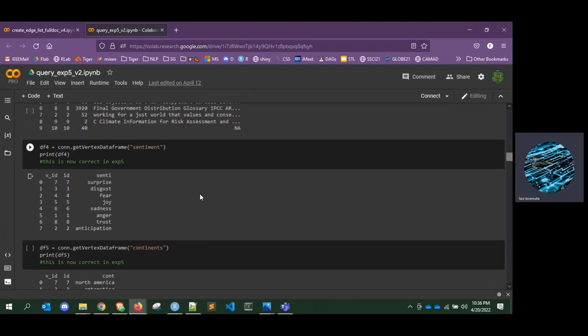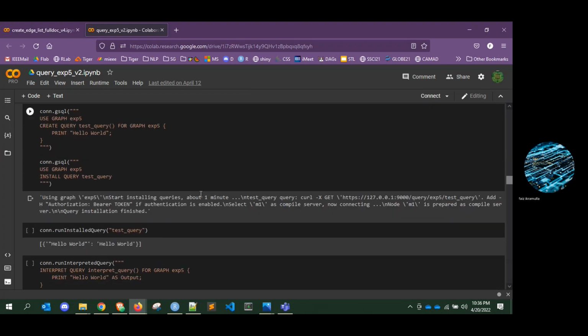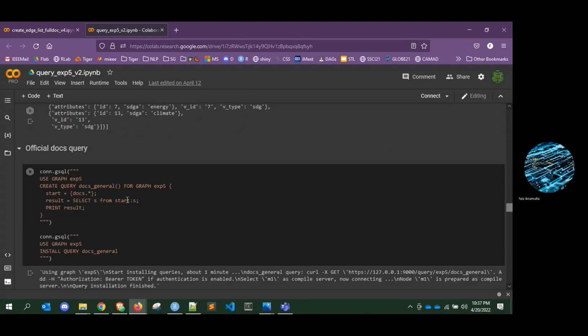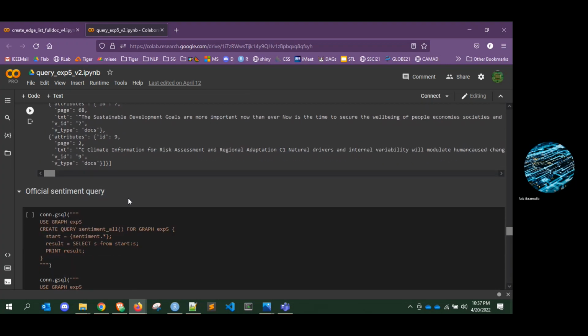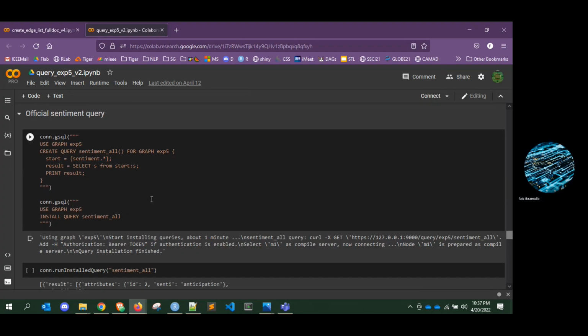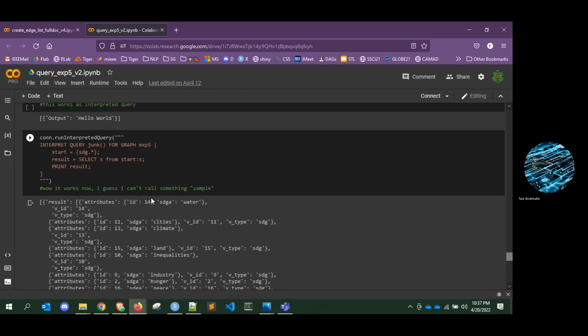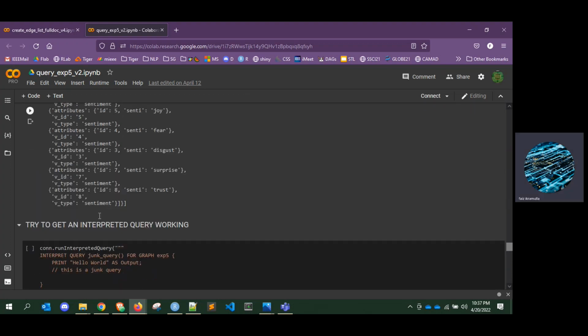and some queries on SDGs, documents, sentiment, and continent as well.